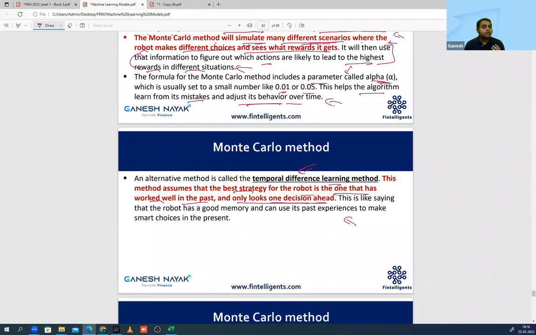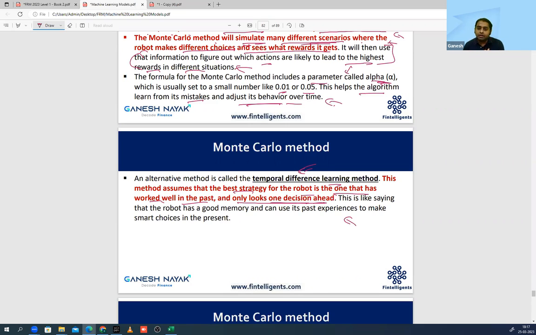What it simply means, think of it like this: you're a robot and you have to bet on who is going to win. Based on historical data you felt, okay, I will bet on India. You bet on India, Pakistan won. That went wrong. So in this temporal method, you use the latest information, the latest thing that happened with you. Last time I bet for India, Pakistan won. So next time when the same match is happening, you'll bet for Pakistan, because last time Pakistan won.